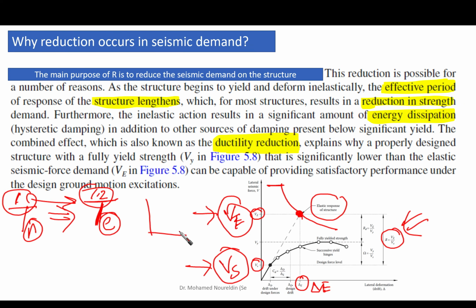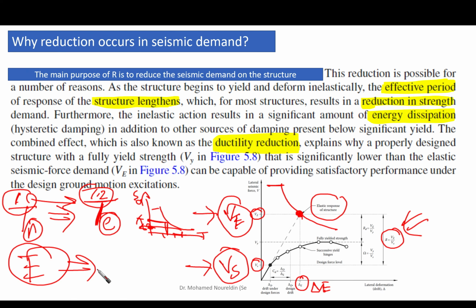Increasing the T means that the response spectrum is going to do what? This is T, and this is the spectral acceleration. If we increase T, T was here, and then if it increased, it will be here. So this value is going to be reduced. Spectral acceleration is going to be reduced. Another thing is that energy is going to be dissipated through the plastic hinging, through the hysteretic damping. So we have two main sources here. First one is the effective period,